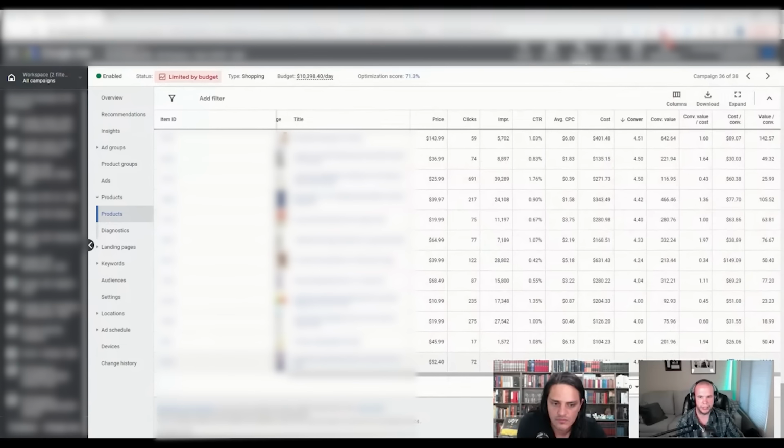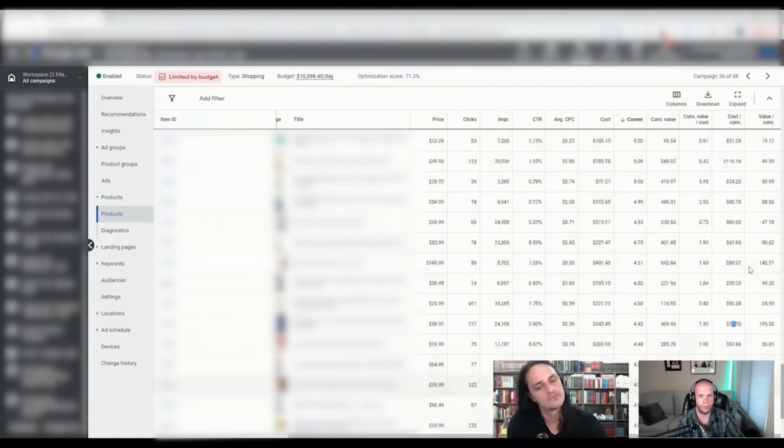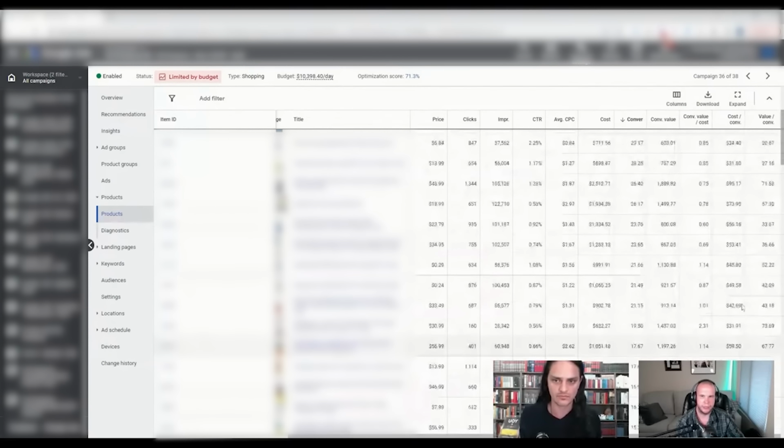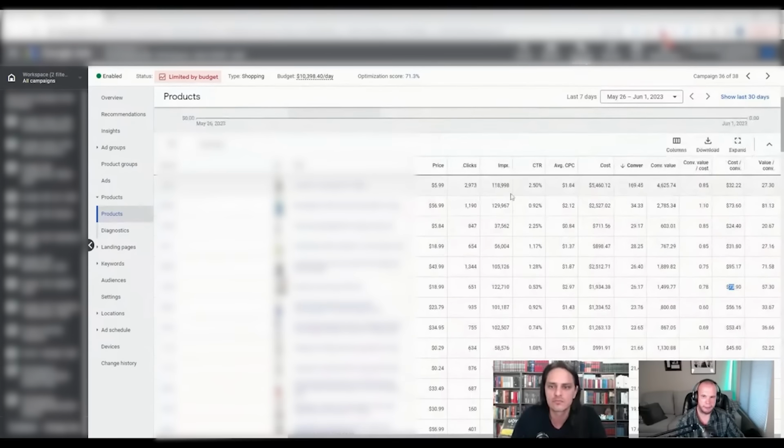So it's spending, but as you see, 62, 26, 31, 51, 69, 149, 38, 63. I need to be under 140. All of these are under 140 on average. So you see how this is under 30, under 40, under 100, under 80. I'm spending the most amount of money where I'm getting the most amount of conversions at the CPA that I want, which is keeping my whole campaign in line and under 75.